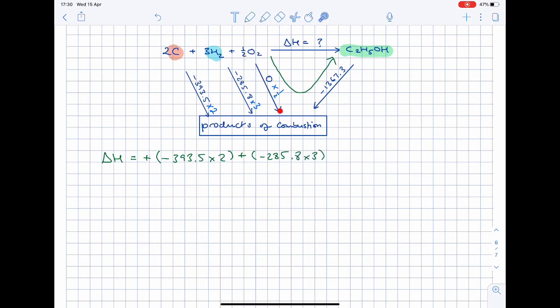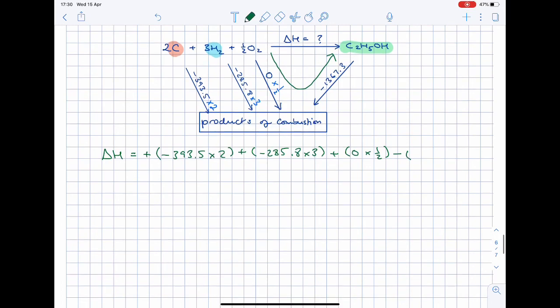I'm going with the flow of the arrow, but this is irrelevant because adding a 0 times half is just 0. And I've reached halfway through my journey on this island. I'm going to finish my journey, and this time I'm travelling against the flow of the arrow. So I'm going to put minus, against the flow of the arrow. So minus